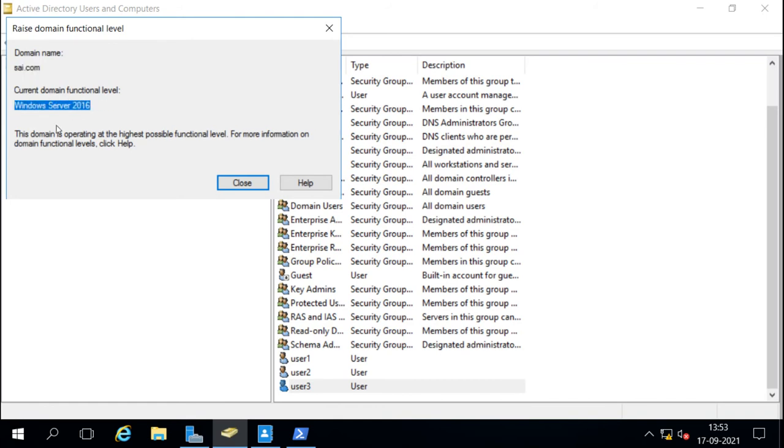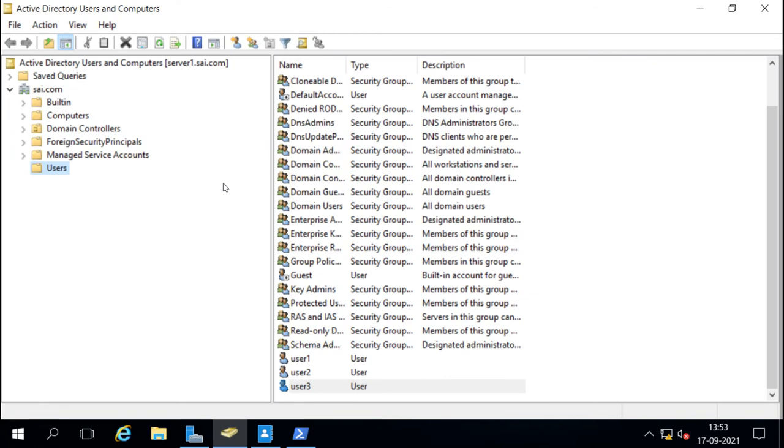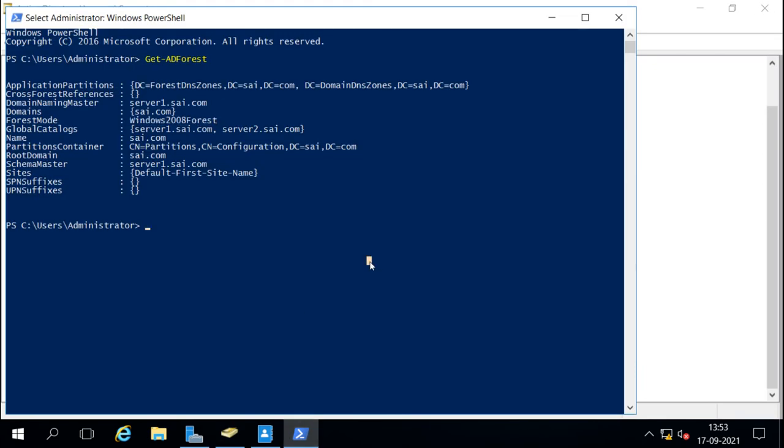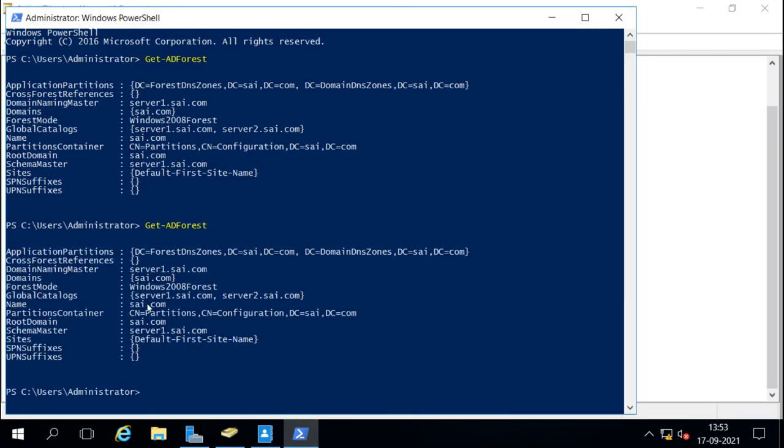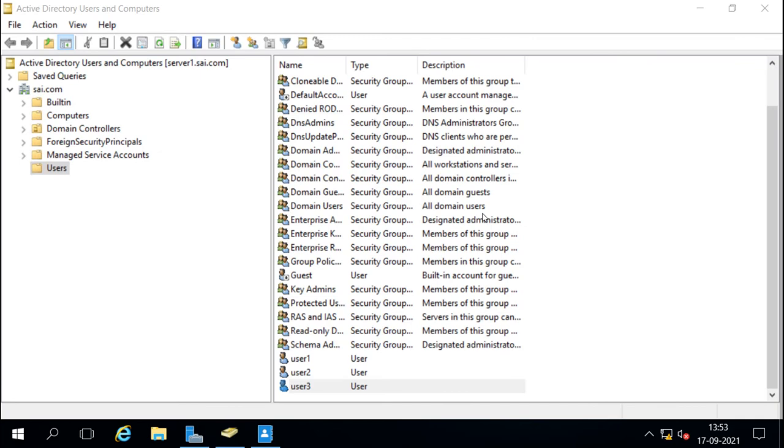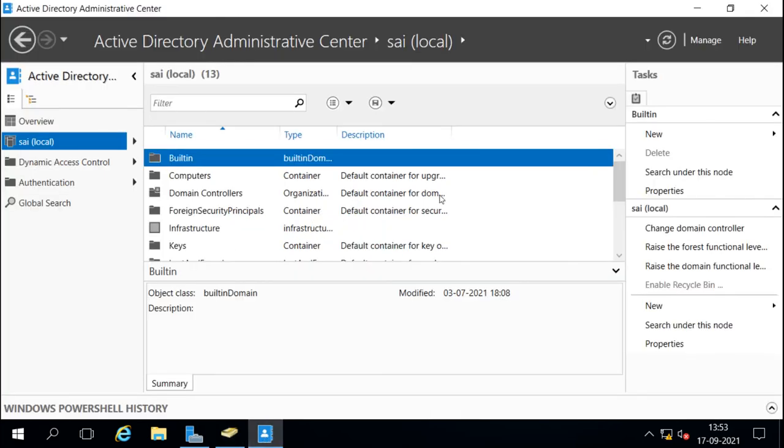So we have raised the forest functional level and now we can check it. Now it is 2008. It is still showing 2008. We have to refresh it. So I will go to this. Now it was not available, so I will refresh this. Okay.